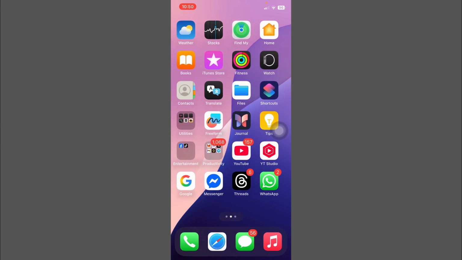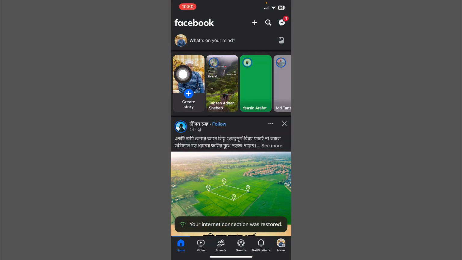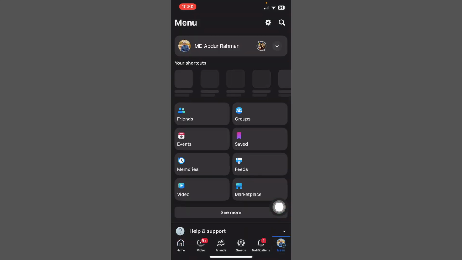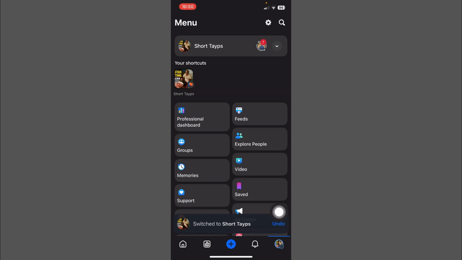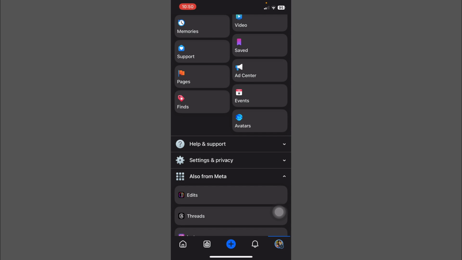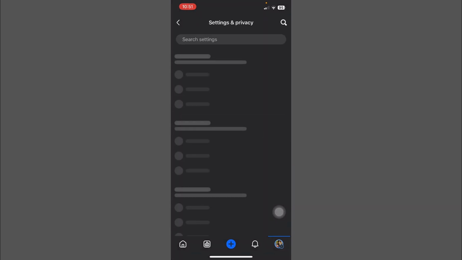First of all, click on the Facebook app. Okay, and tap on the menu option and show your Facebook page. Okay, and tap on the menu option and click on settings and privacy, then tap on settings